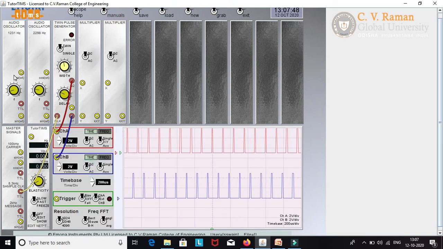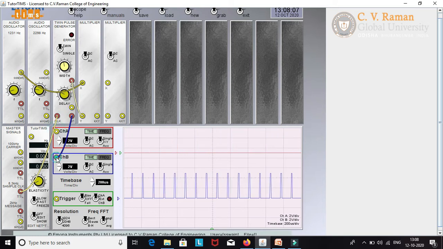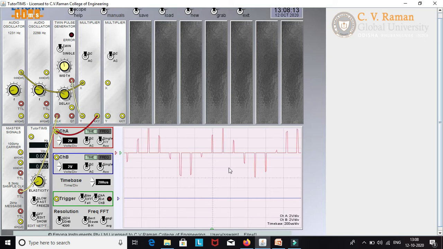I have to connect message 1 to the multiplier 1 input, that is X, and train of pulses 1 to Y. So if you see here, I will get sample 1. I am just showing you. First I will disconnect the train of pulses. Then I will connect the output of the multiplier to channel A. So if you see, I am getting a sample signal here.